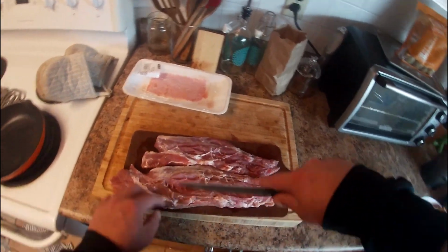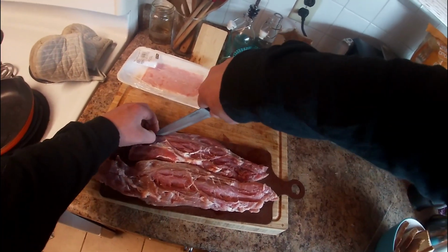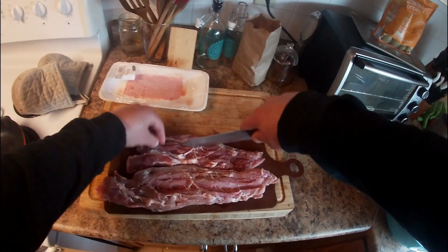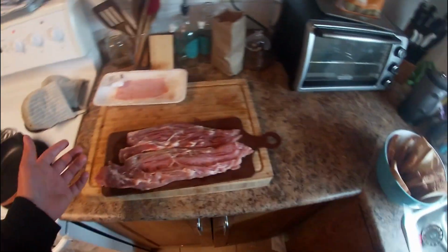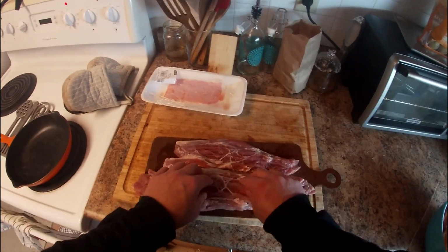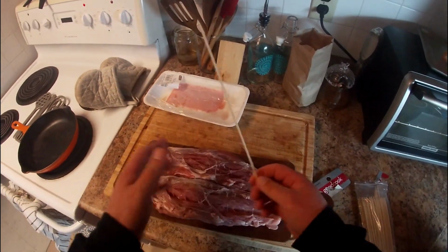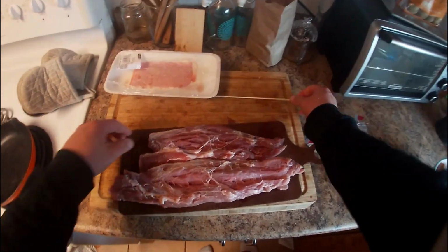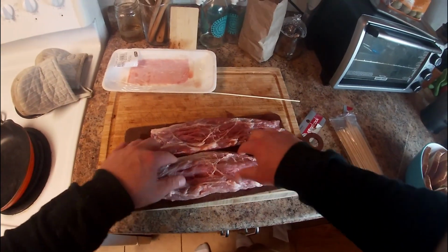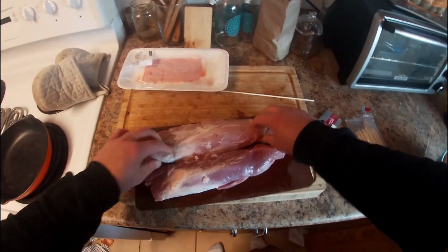Just gonna keep opening it up a little bit more because I kind of want it to be the same thickness all the way around, I think. And that looks pretty good. Pretty even and flat, I think. So my dad always used metal skewers, but I couldn't find any, so I think these wooden ones will be good enough. And what I'm gonna do is, I like this edge, so we're gonna flip these